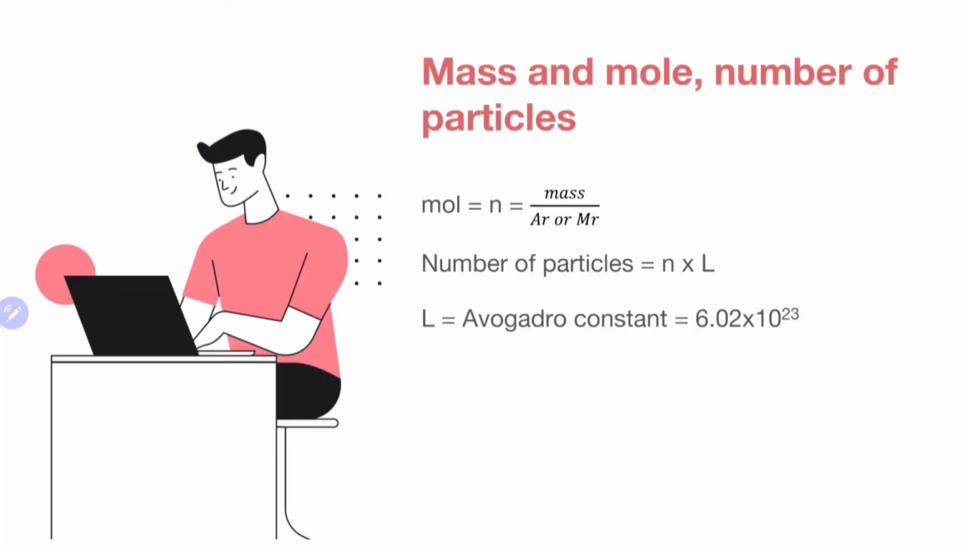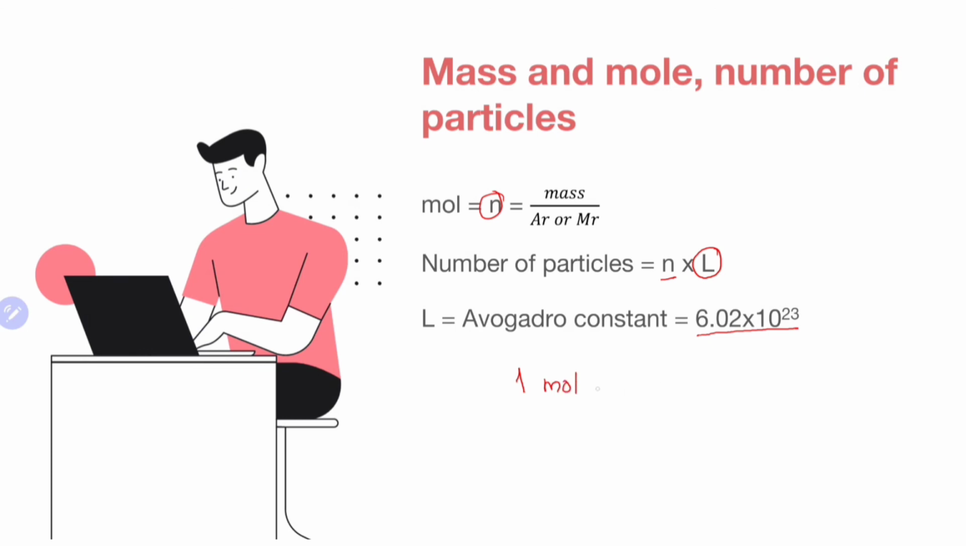Now we continue with the connection between mass and mole. Mole, symbolized as n, is mass over AR or MR, depending on the type of the substance. Number of particles is mole times L. L is the Avogadro constant that I said before, 6.02 times 10 to the power of 23,